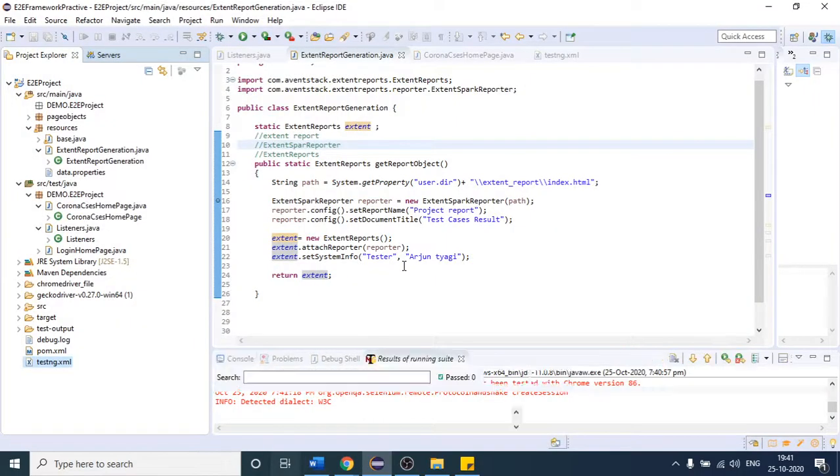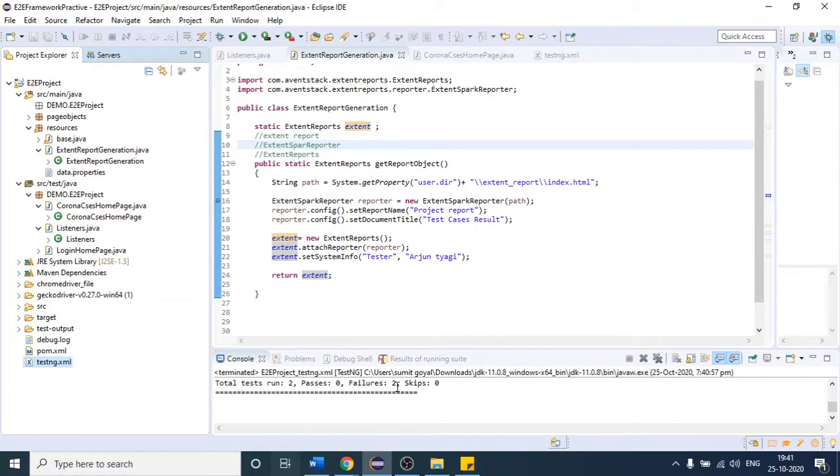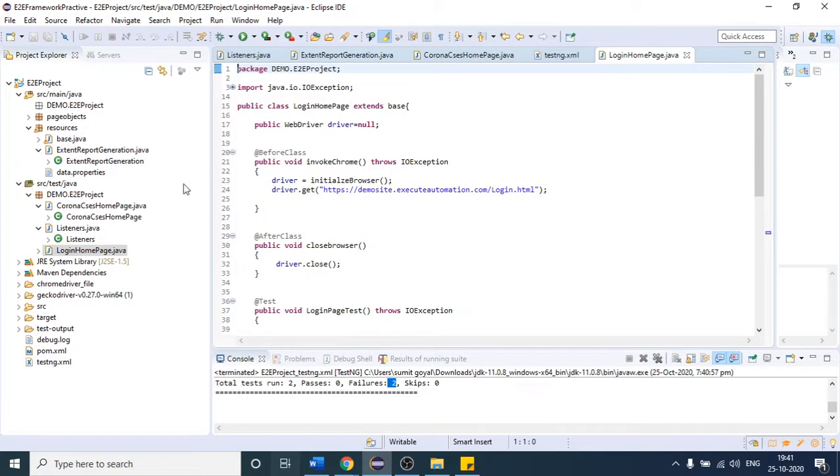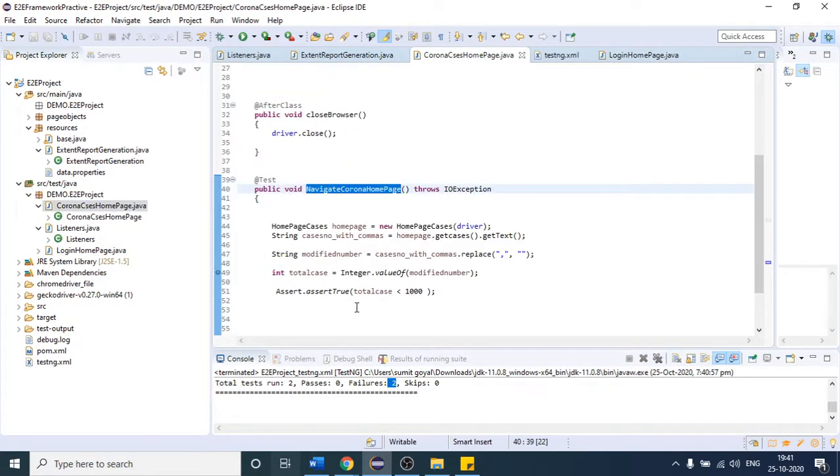So I think the test case execution is finished. You can see two failures, right? Why are these test cases failing? If I open that test case, I just reversed the condition, right? So that number cannot be less than 1000. This is the reason it is failing, and here as well. If I show you,